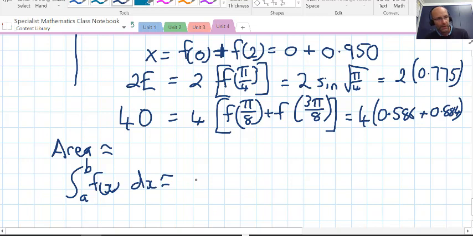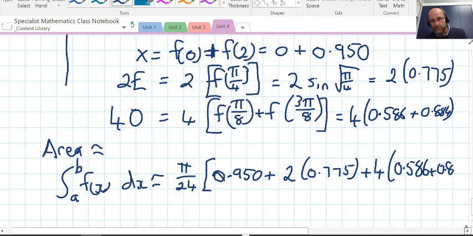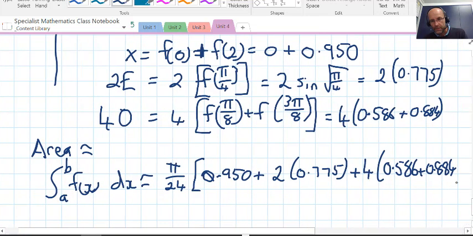Okay, and so we've got w on 3, alright, which is pi on 8 on 3. 8 3s are 24, so it's pi on 24 outside of x, x is 0.950, and we have our 2e, which is 2 times 0.775, and lastly 4 times o, which is 4 times 0.884, and we've just about finished now. Okay, so